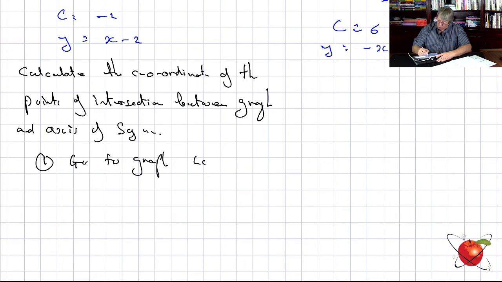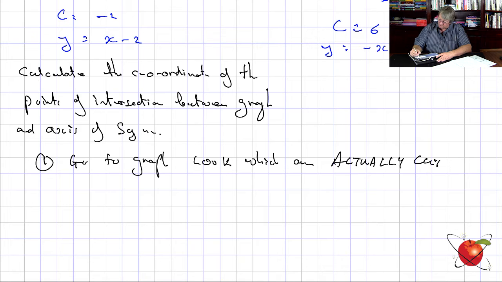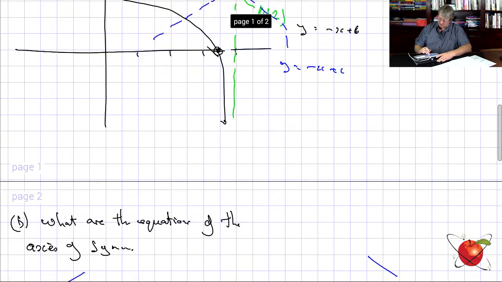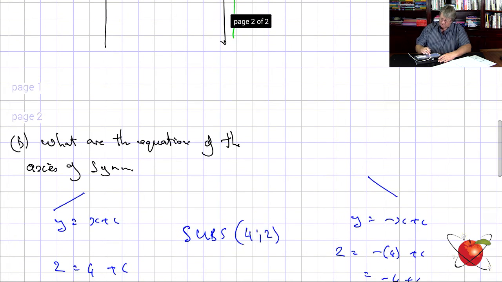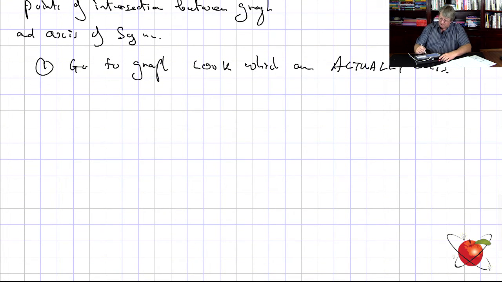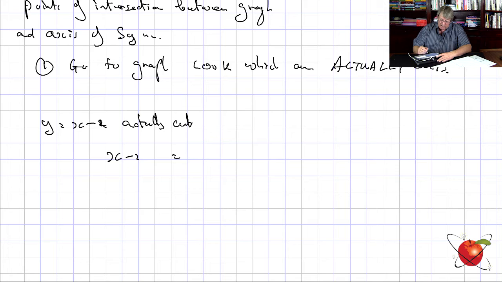So, go to the graph. Okay, look which one actually cuts. Let's go have a look. Right, and the one that cuts, I'm going to highlight in red, is that one. The y equals x minus 2 is the one that cuts. Then we simply go down and we put that equal to the original graph. It's y is equal to x minus 2. Okay, this one actually cuts. Therefore, I go x minus 2 equals 1 over x minus 4